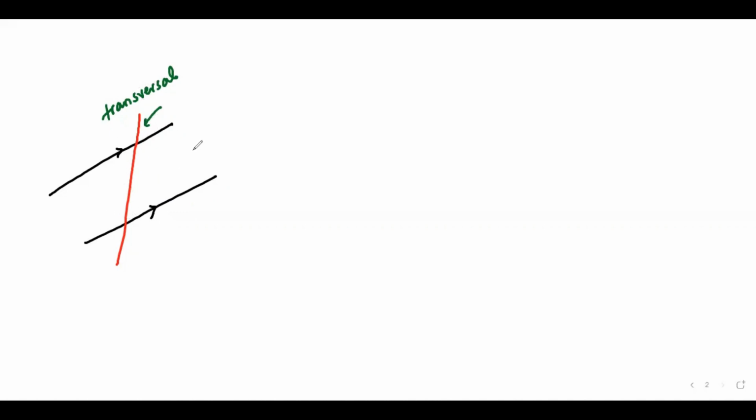When there are two parallel lines and one transversal, different types of angles come. I'm going to mark them. If one angle is on this side of the transversal and one angle is on that side, meaning opposite sides of the transversal,